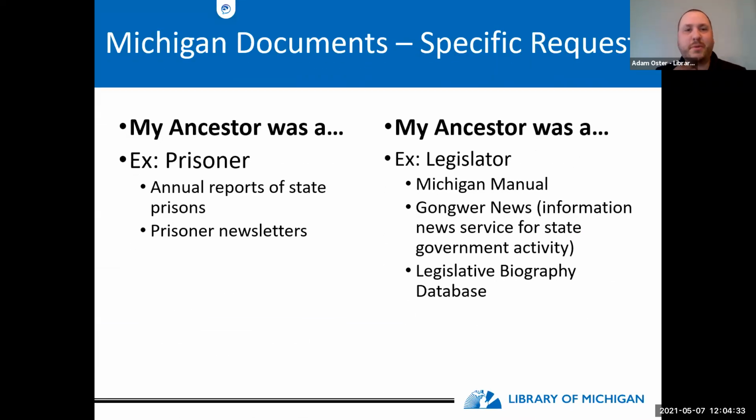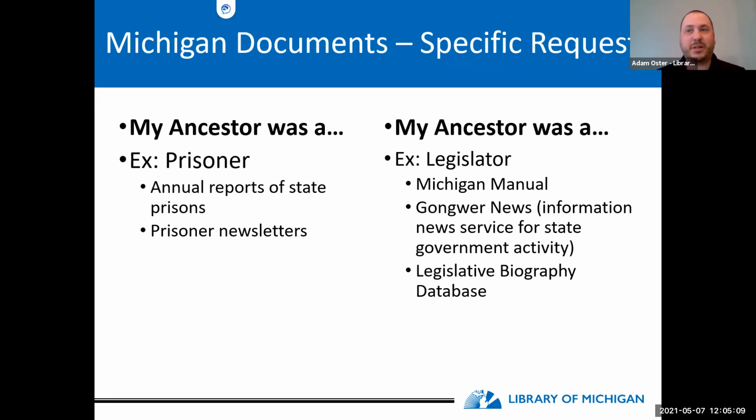Other specific requests are like if people were asking whether my ancestor was, say, a prisoner at one of Michigan's state prisons. Some of the things that we have are the annual reports of the state prisons. We have a large collection of prisoner newsletters, or penal periodicals, is what we call them. It can be interesting going through those to find out if you've got some more unscrupulous member of your family that ended up in a Michigan penal location,